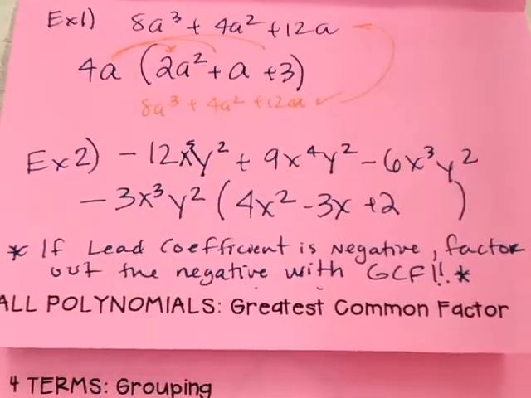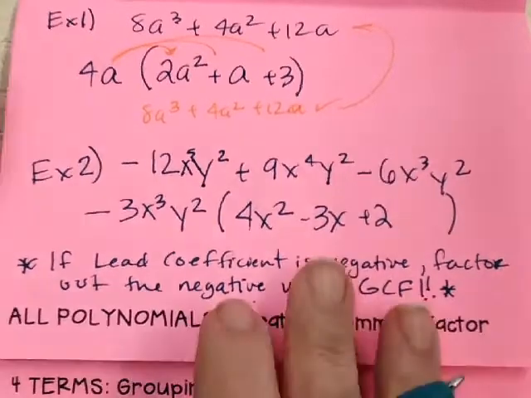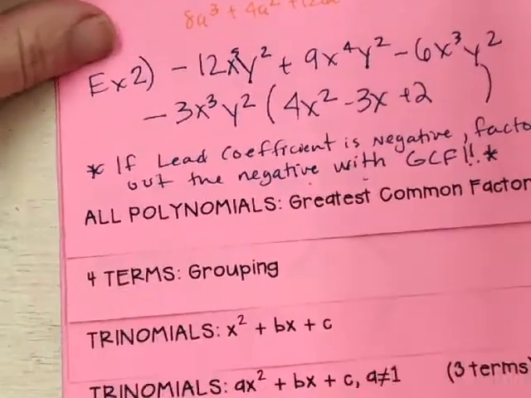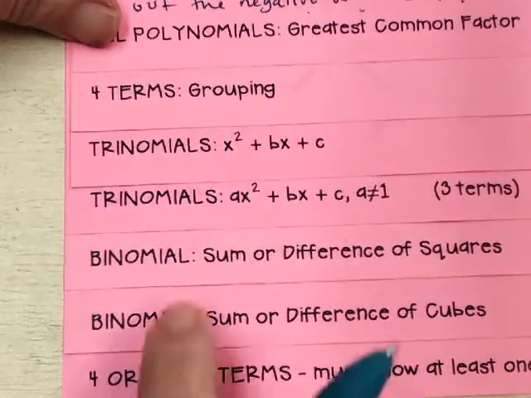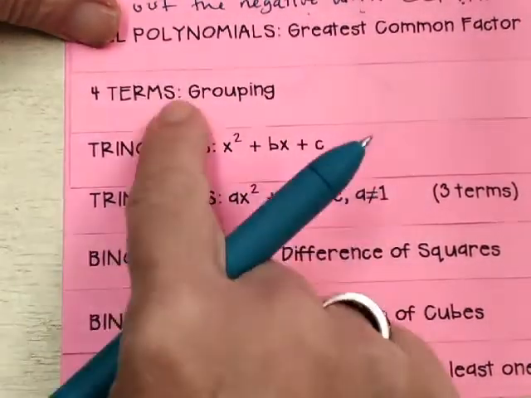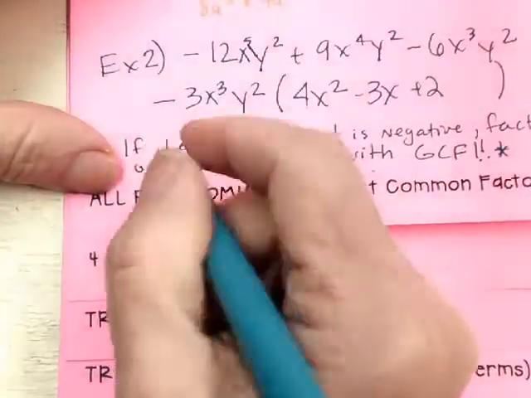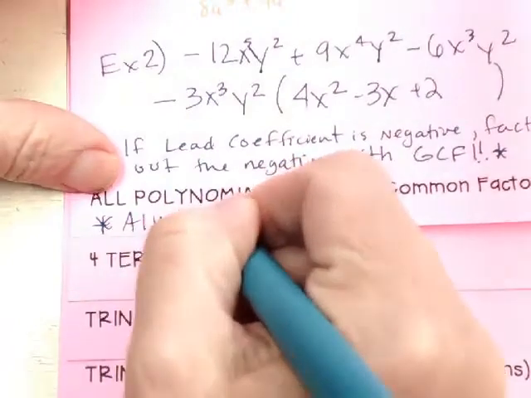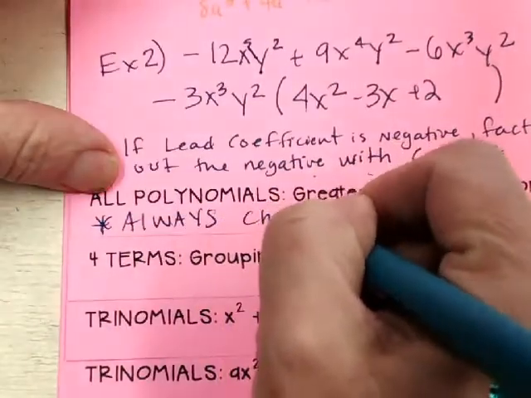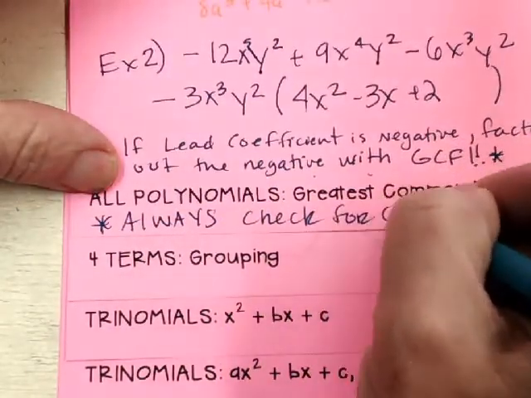So here's the thing with the greatest common factor. For all of the factoring that we're going to be doing, before you do any of these other kinds, whatever we're trying to do when we learn these other ones, I want you to always check for that greatest common factor